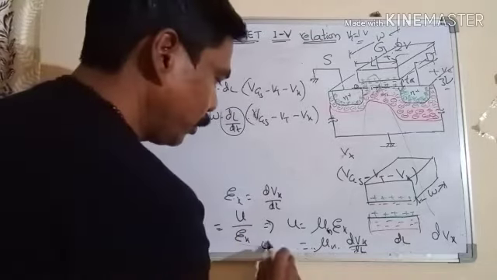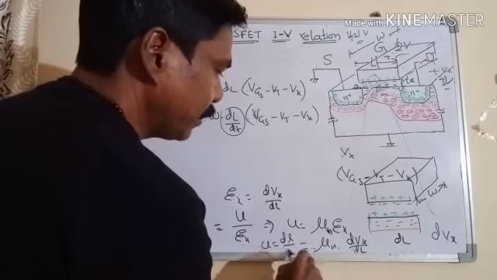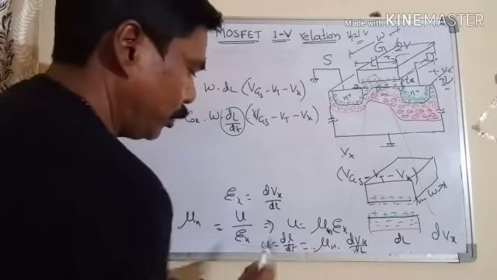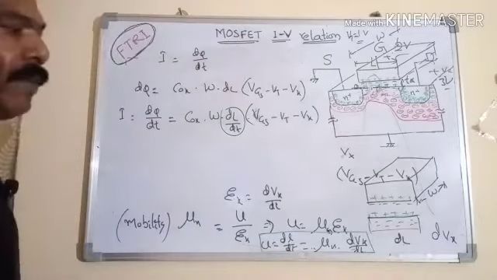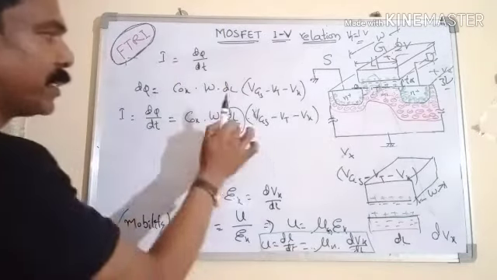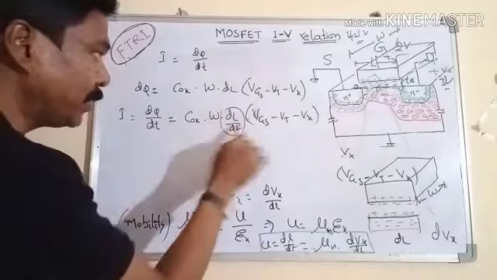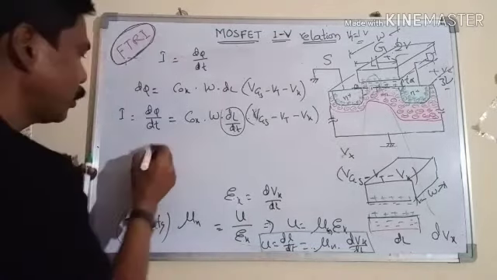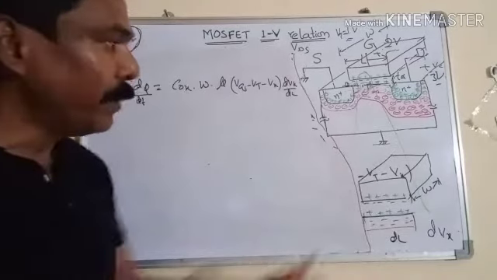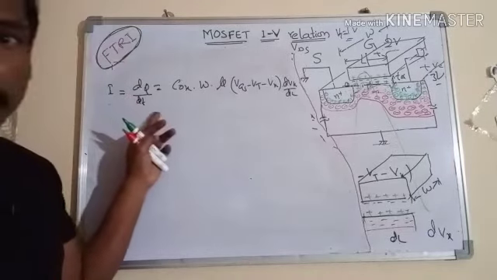So u equal to dl by dt equal to mu into dVx by dl. So this will be replaced here. I am replacing dl by dt with these terms, mu n into dVx by dl. So dq by dt, the current through the elemental channel, can be obtained by dq by dt, and